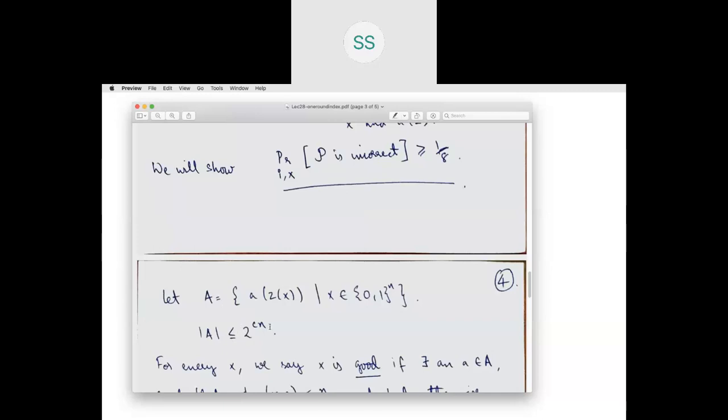And once Bob gets a Z, he is just going to make an A of Z out of it. Now potentially many messages are going to be mapped to this particular A of Z, and